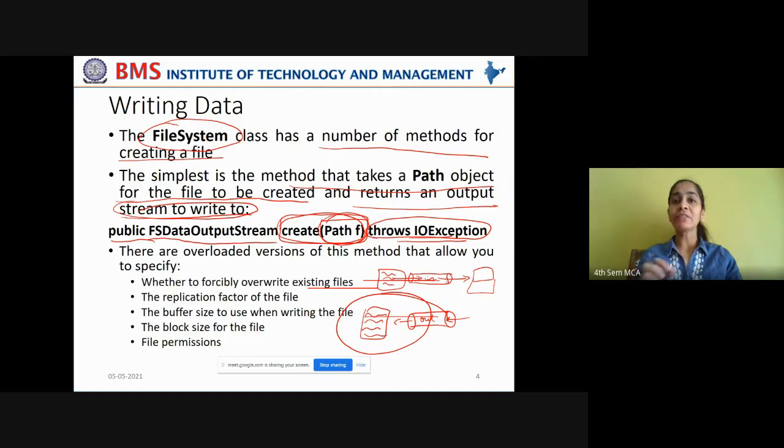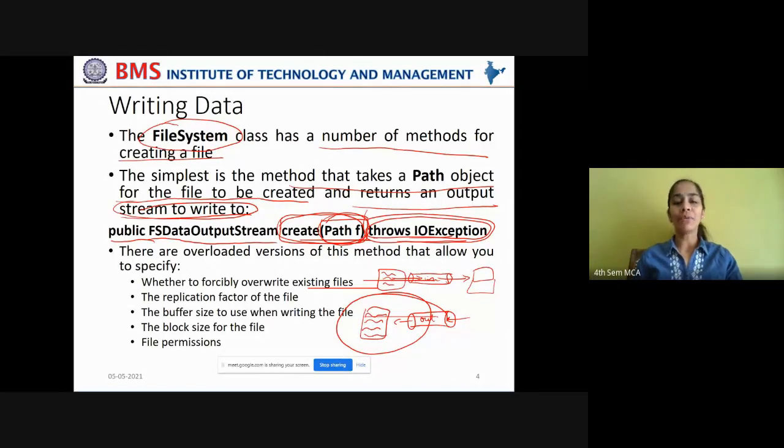In such cases, that will raise some errors. So if you want those errors to be handled gracefully by the system itself, you have to use this throws IOException. Got it?